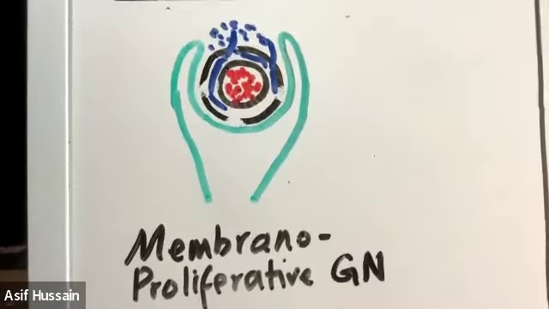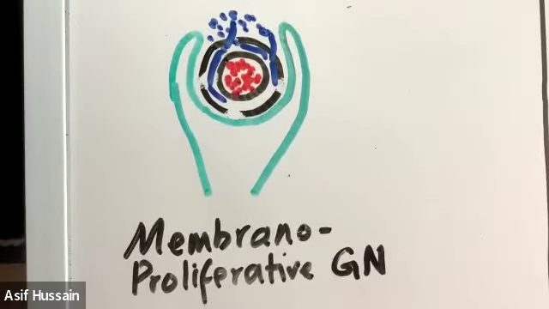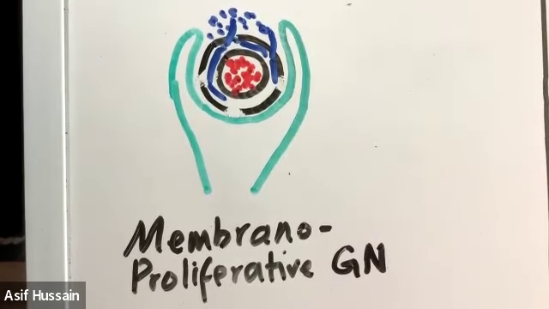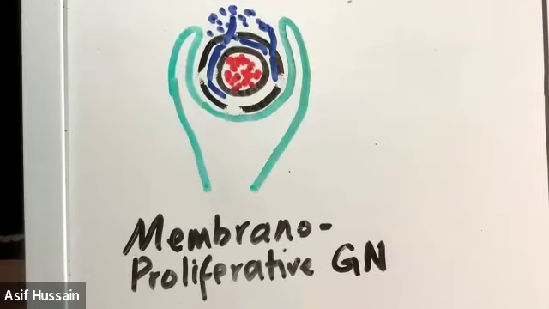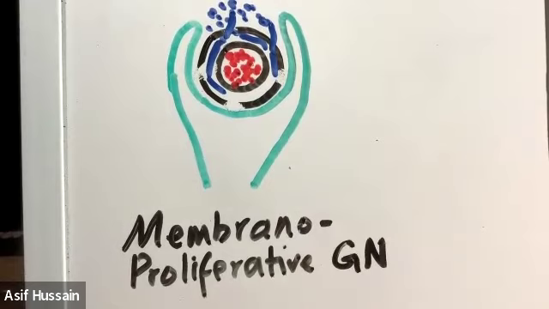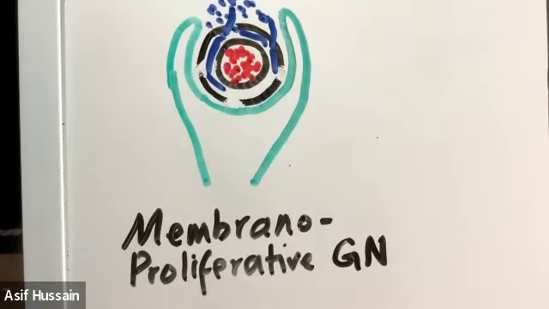Now, normally this complement protein 3 is part of the alternate complement pathway. Remember, there are two pathways, the classical pathway and the alternate pathway. The classical pathway involves C1, C2, and C4, and then C4 activates complement 3. This is the sequence: complement 1 activates complement 2, which activates complement 4, and then complement 4